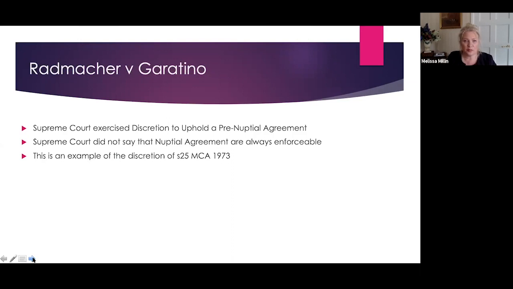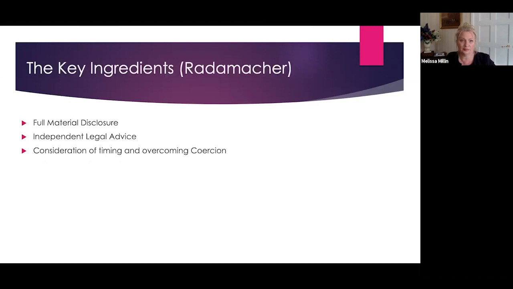The basic effect of a prenuptial contract is that a court is willing to follow what has been previously agreed, providing certain circumstances are met. If we can move to the next slide, please. There needs to be absolute and full disclosure. There needs to be opportunity for independent legal advice. There needs to be consideration of the timing and overcoming of any question of coercion. So the message the court is given is that it will uphold an agreement providing it is not tainted or unfair.